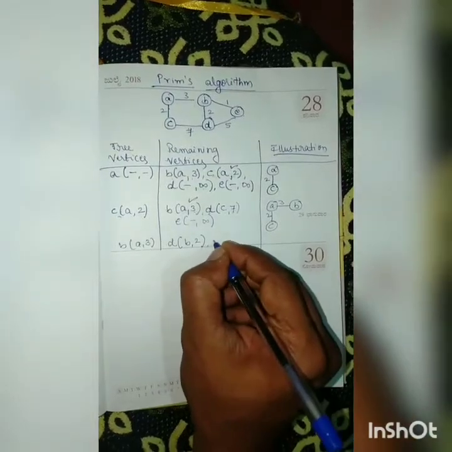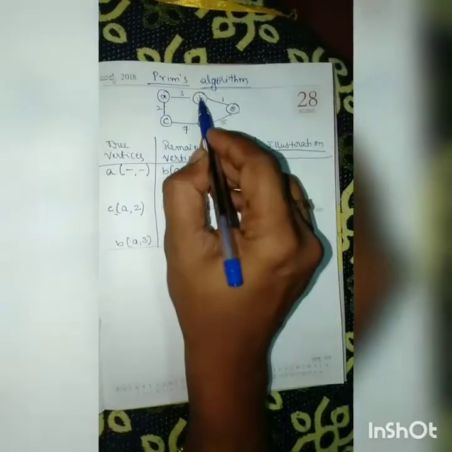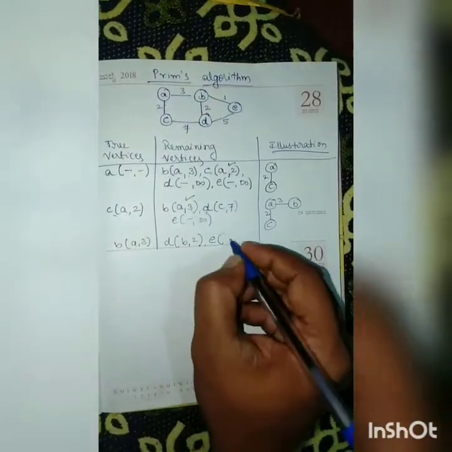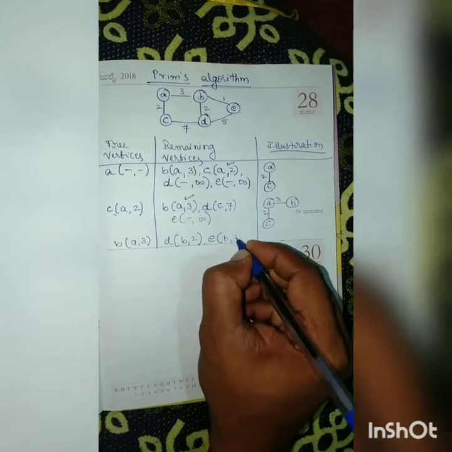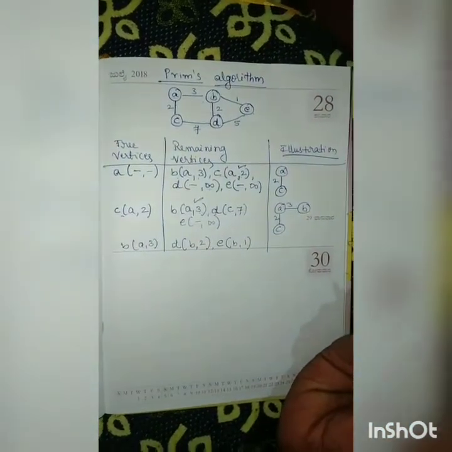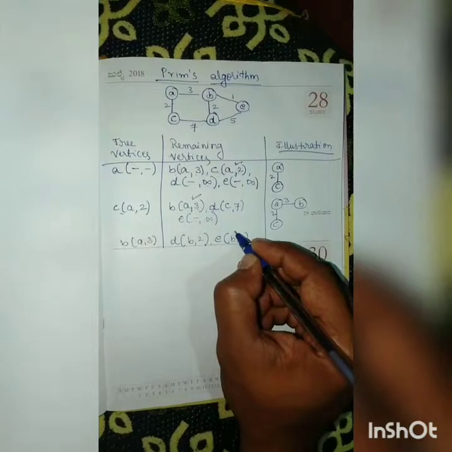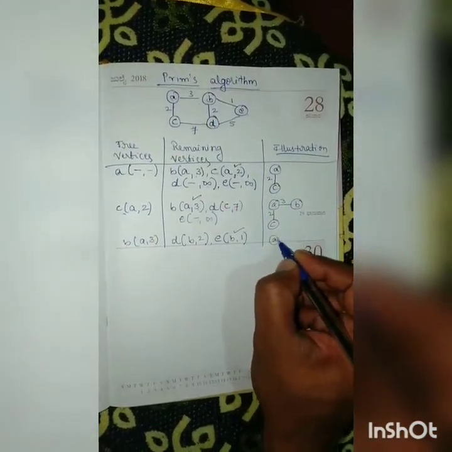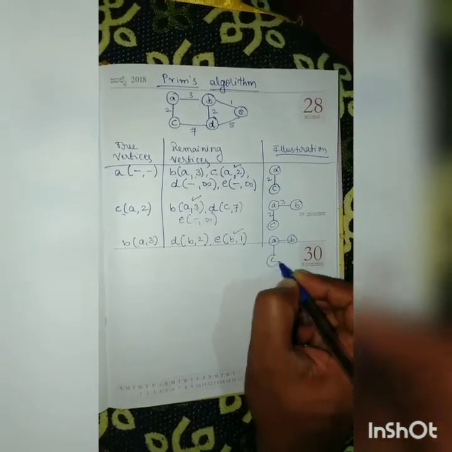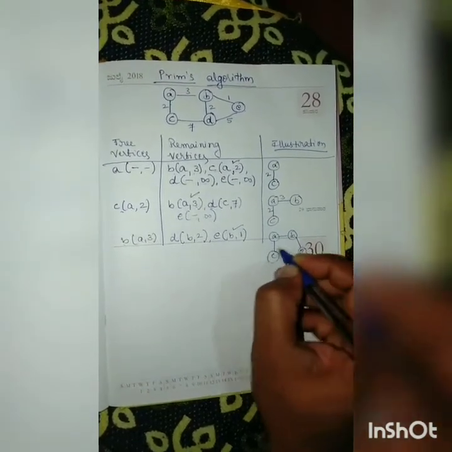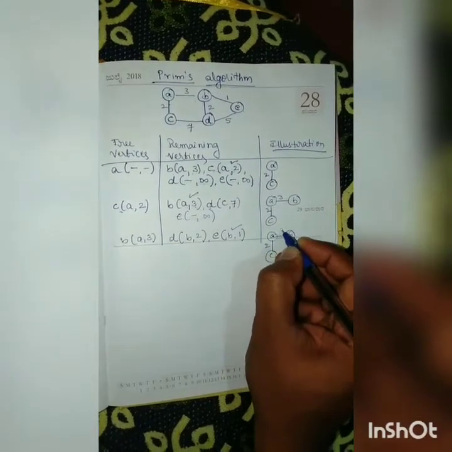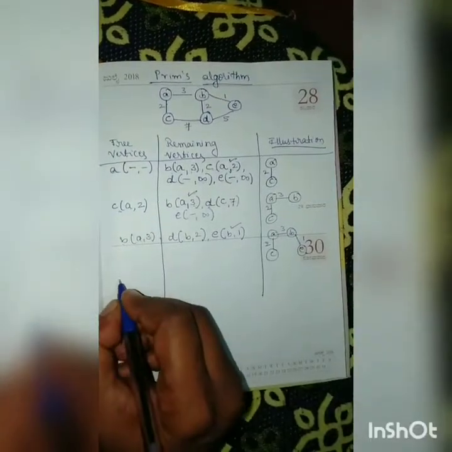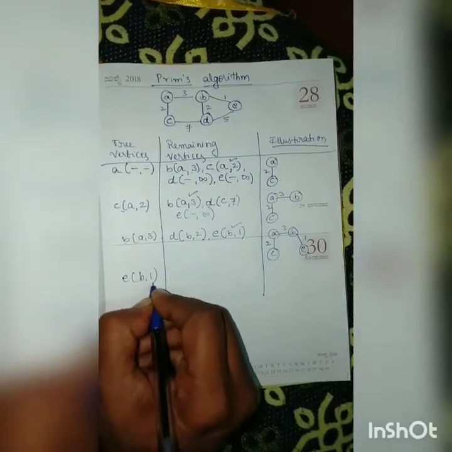Next, similarly E is reachable from B, because now you are considering B, hence B to E there is an edge. So B comma with a cost of 1. Alright. Now which is the minimum value? 1. You will have to choose B edge. So A, B, C here and E here. So it is 2, 3, 1. Now for the next iteration you have to choose E, B, 1.